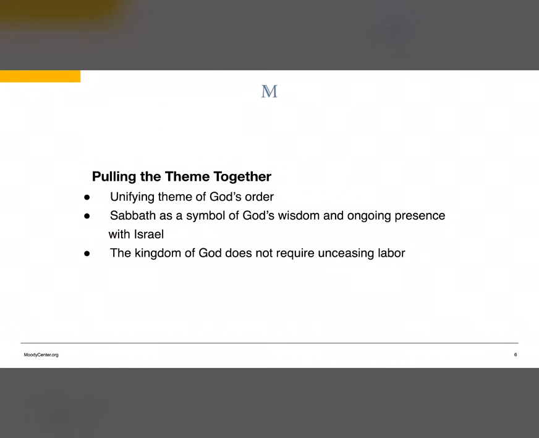God does not need rest. He is inexhaustible. God's rest on the first Sabbath is symbolic of the harmony and perfection of the original creation. God has, through his word and wisdom, created a world ordered without flaw.